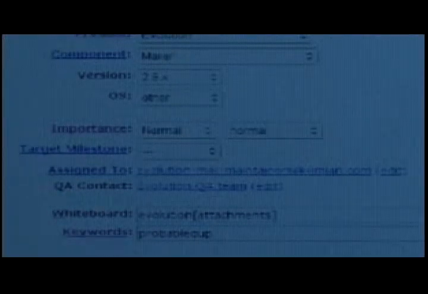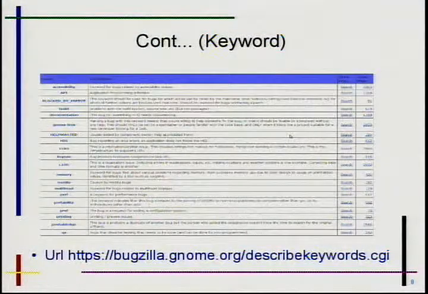If you move further, the keyword is an important part of any bug. I have a screenshot of keywords which we use in Bugzilla. Basically, keywords are entered in the Bugzilla database. So here you can't modify any keyword. You need to use the keywords provided by the Bugzilla database. If you look for some important keywords, there is one keyword, GNOME Love. These are the bugs which are minor bugs or easy to fix bugs. So when you are doing triaging, if you feel that bug is really very easy to fix, it should be marked as GNOME Love.